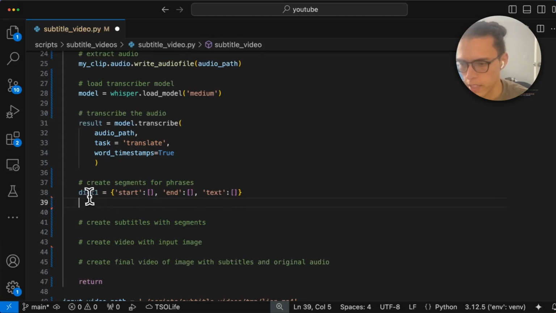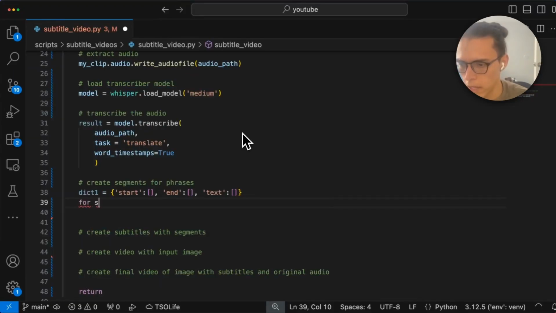So we'll create a dictionary that's going to store the start times, the end times, and the text for that phrase. So each value in this text is going to be a phrase, and then the start time is when that phrase started and when that phrase ends. That way when we show the subtitles, it's only shown for this time window here. So we'll take the segments. So for segment in result segments,